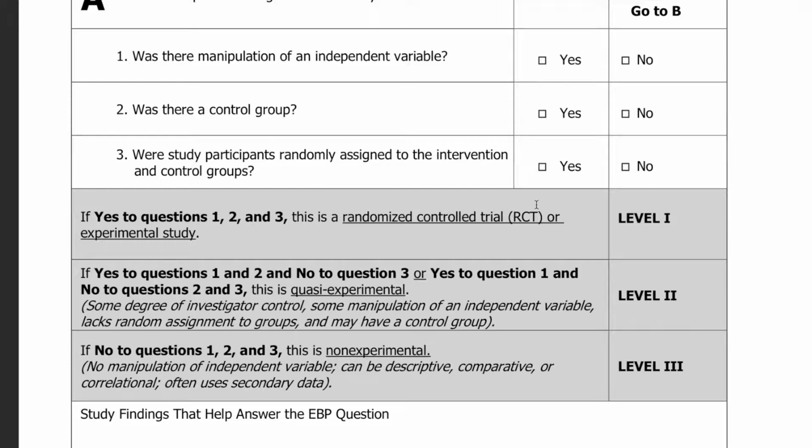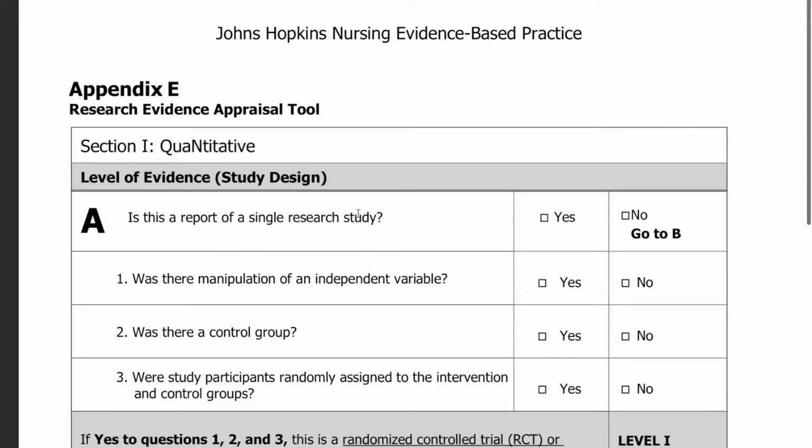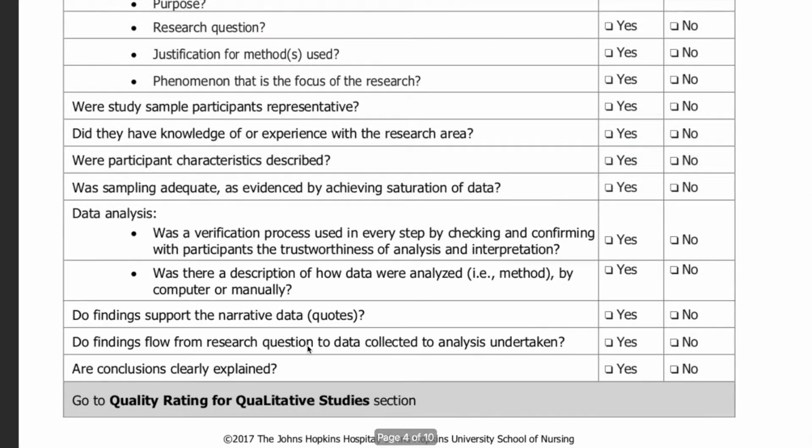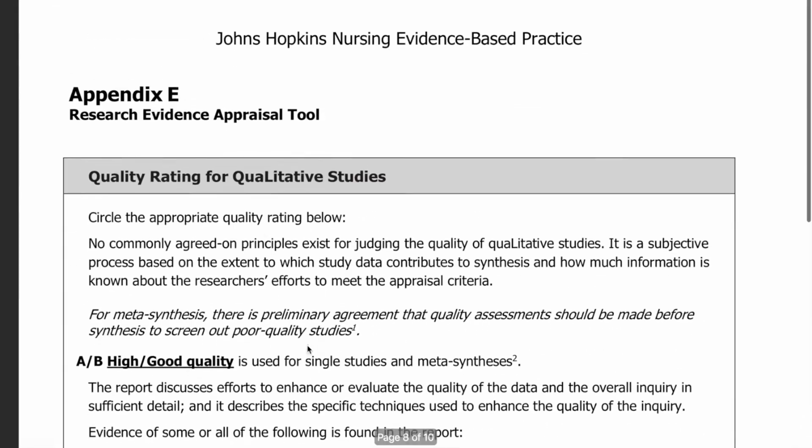Not that necessarily the results from qualitative can be generalized to the whole population. Those findings, if properly done, will be recognizable to people that have experienced the same phenomenon. Okay, and then there's mixed methods, which of course is using both quantitative and qualitative. You'll notice this is section 1, quantitative. If you decide to use a qualitative article, we're going to go to section